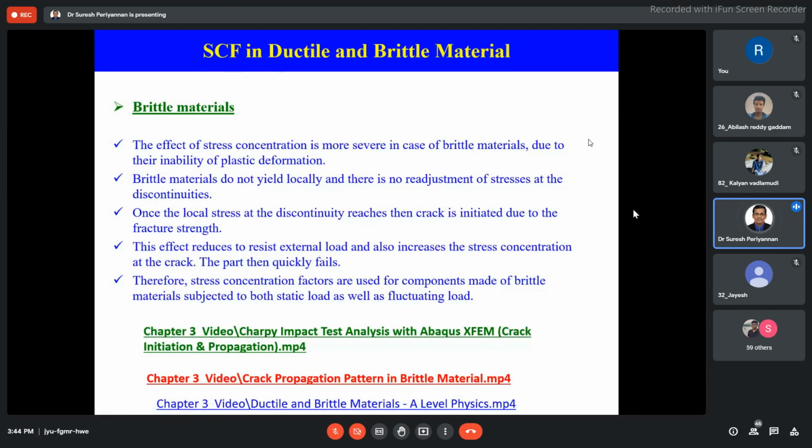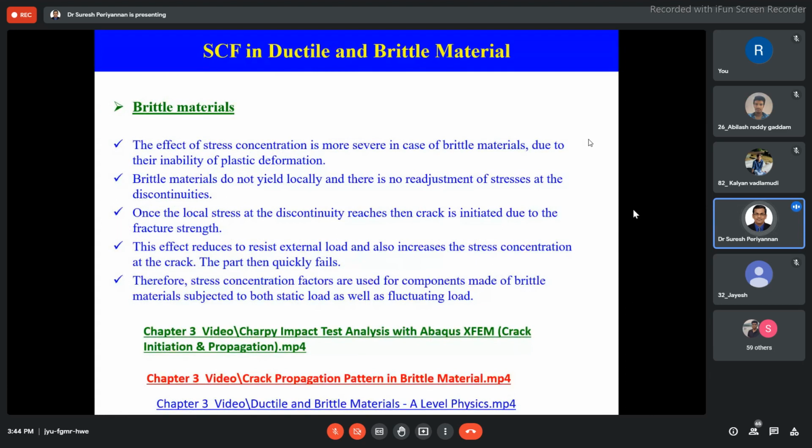If the axle is made with ductile material, it will sustain; even if a crack is initiated, the crack propagation will take some time, so you are able to protect your vehicle, right? But if we use brittle material for the axle,